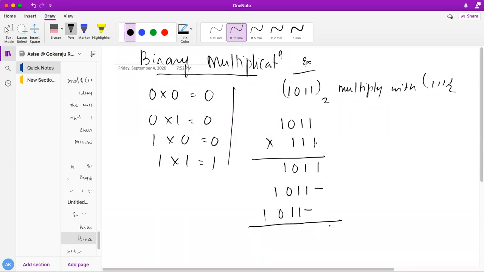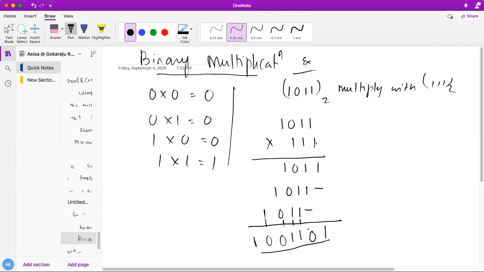After adding, what it will be: 1 plus 0, and here carry 1, because of 1 plus 1 is 0, carry 1. 1 plus 1 is 0, plus 1 is 1, and again carry 1. Okay, next, 1 plus 1 is 0, plus 1. Okay, 1 carry 1, 1 plus 1 is 0, 1, 1 plus 1 is 0 carry 1. So this is the result.